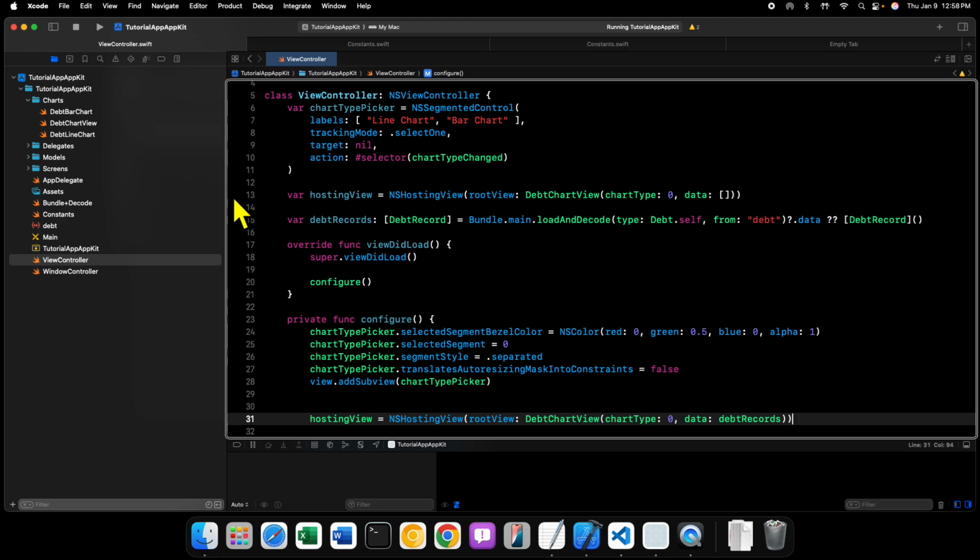NSHostingView initialized properly. You could, I imagine, have this in an initializer, be initialized and all that stuff. But then that would require that the type annotation have a generic type parameter, and frankly, I don't want to deal with that. So we're doing it this way. All right. Now that we have our hosting view,